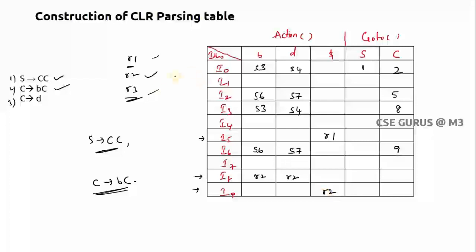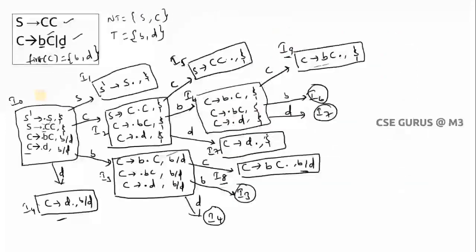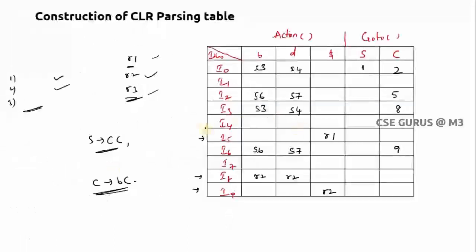Now R2 is also over. Now coming to R3. Where do I need to write R3, you have to check it out. Third production, C tends to D. So where is C tends to D dot? You have to check it out. Here it is dot D. Here it is C tends to D dot, in I4. Not only I4, you can check it out. Yeah, here I7, C tends to D dot. So that means in I4 and I7 you have C tends to D dot. So I'll go to I4, I'll go to I7.